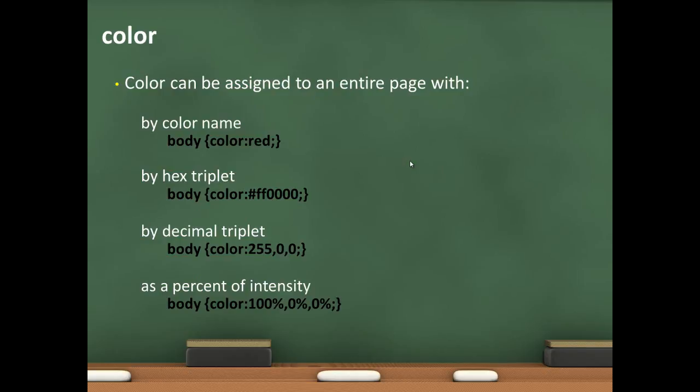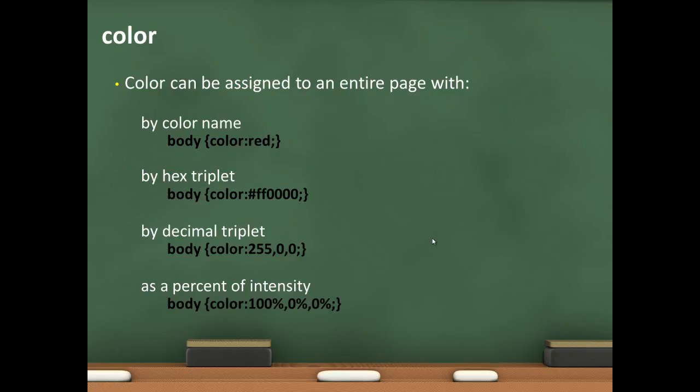Now, what about those other colors that are not of the 256? How do we get to them? Well, there's a couple of different ways we can get to them. If you go back out, and we're going to take a look at our website in a minute, we can actually plug in the hexadecimal version of it. This right here is the older way of doing it. And every color that we deal with has a hexadecimal value, and that's one way to do it. Probably not the choice today if you're doing it from scratch. Today, I would suggest that we're either going to use a color by name or a color triplet down below or percent intensity. The color names are important because of those 256 color names, I believe there's about 216 colors